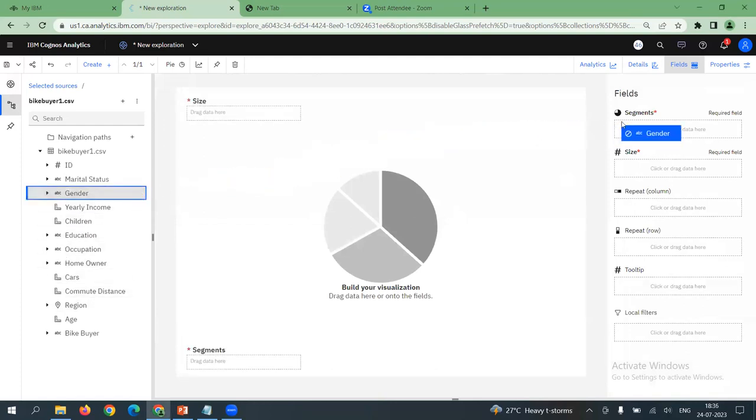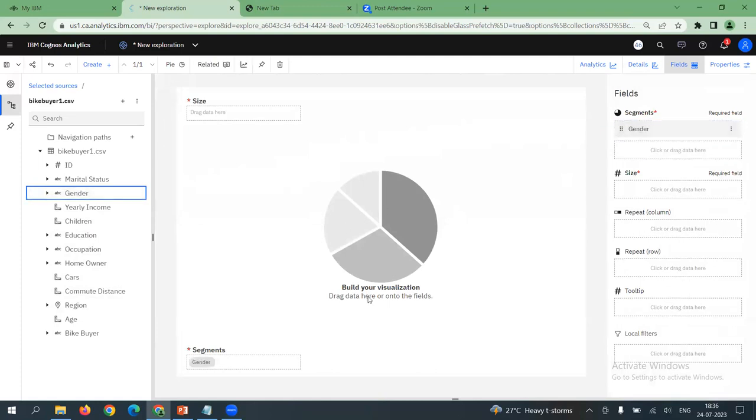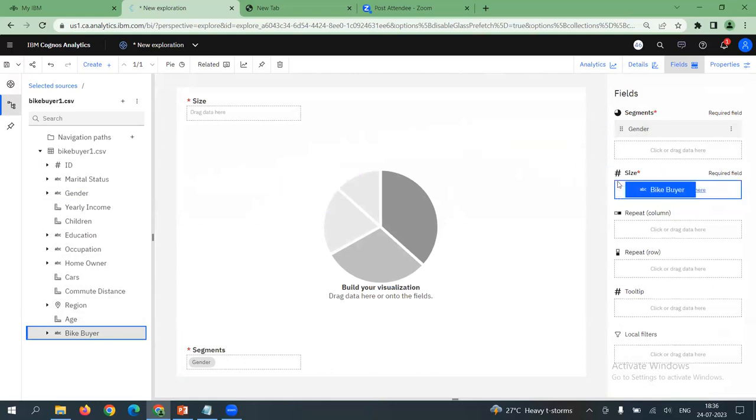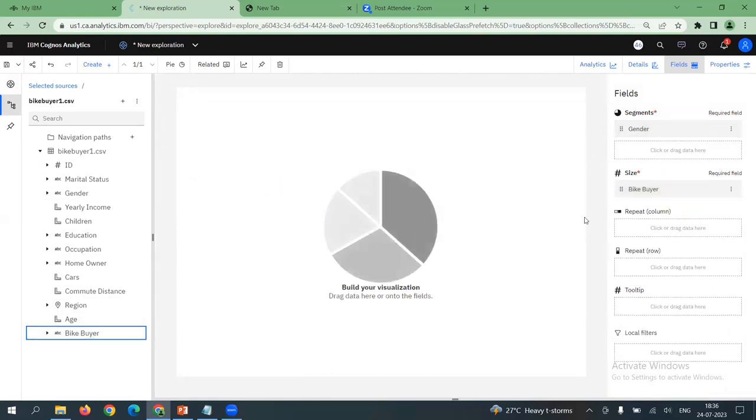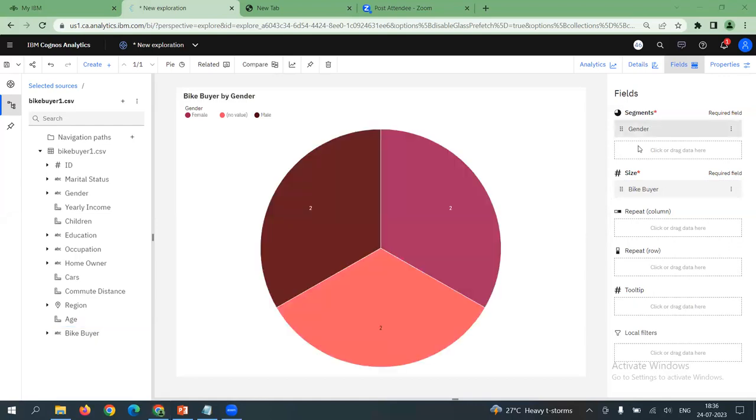I'm trying to drag and drop gender into segments, and the target column I would like to measure is bike buyer. So I just deposit that in the size. Both are categorical data items, only for information. If you could see that, both are categorical, right? Gender and bike buyer. So for the bike buyer, I would like to see the count of it. So I'd like to change the summarize function to count.